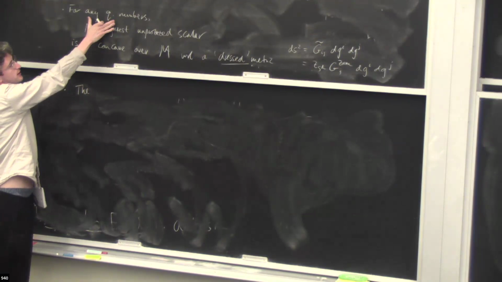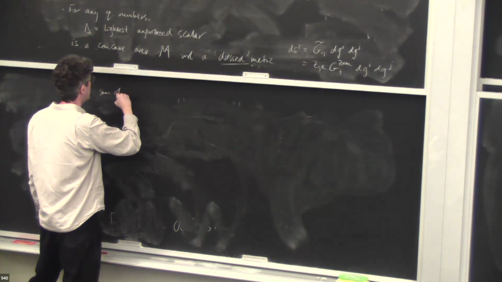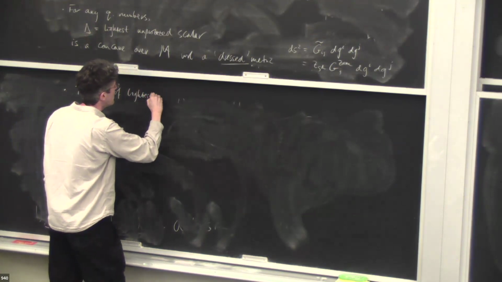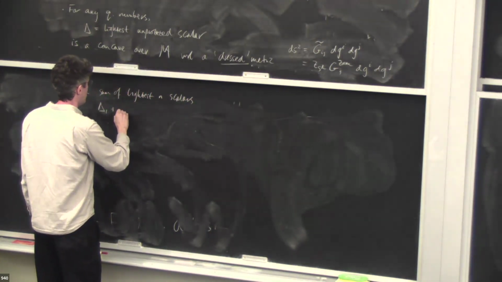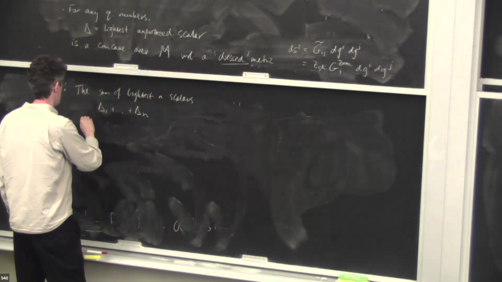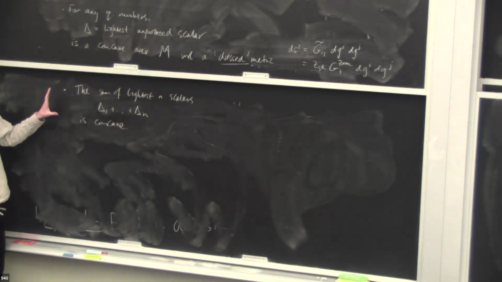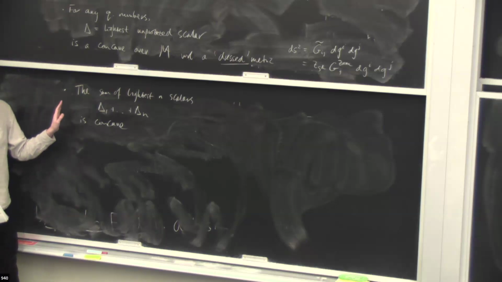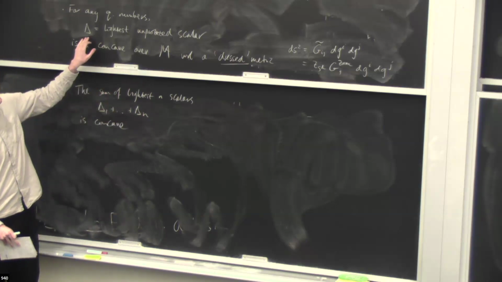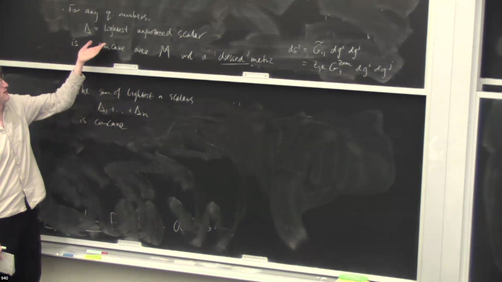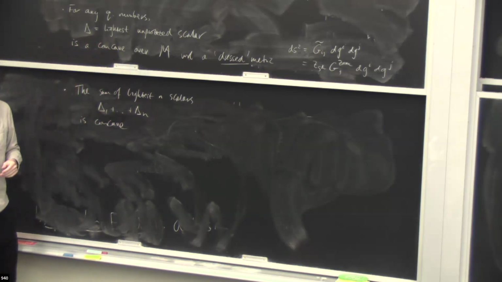within a given sector with fixed quantum numbers, within any sector, the sum of the lightest n scalar scaling dimensions is concave. This is how you prove the statement above. Right? So you see that this implies this, because if you take the first n-1 to be constants, and take delta n to be delta, then you're dealing with the lightest unprotected scalar. And this statement just implies that the delta is concave.